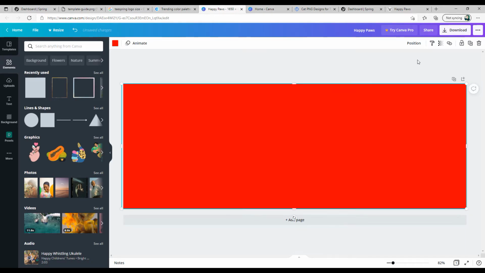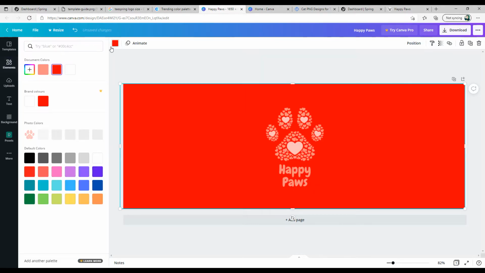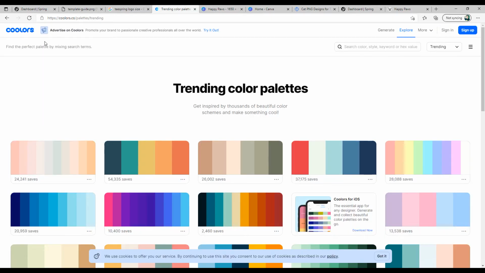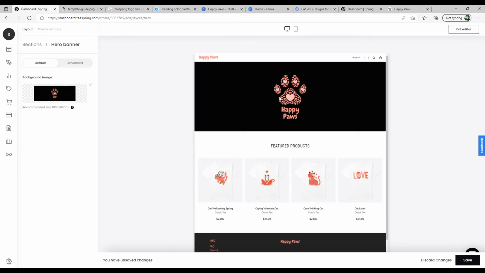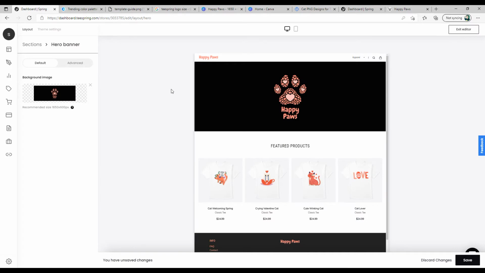Once you have transformed the edges, make sure to send it to the back so that the image is clearly visible, and also change the color based on your brand. So here I would like to recommend you one website called Colors. Here you have a lot of palettes which you can choose from. You can use this palette as an inspiration or like a guide to create your Teespring store, so that you exactly know what kind of colors should go on your Teespring store, and also you know the right color combinations. So probably if I'm going to create a store with a blue kind of a theme, then probably I can use the red color in the header and the footer.